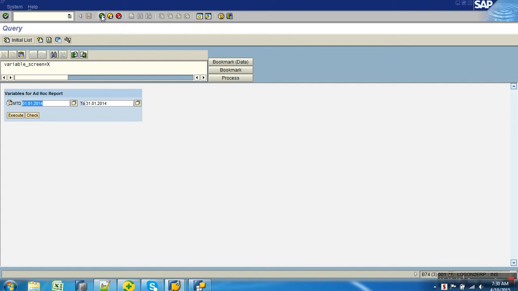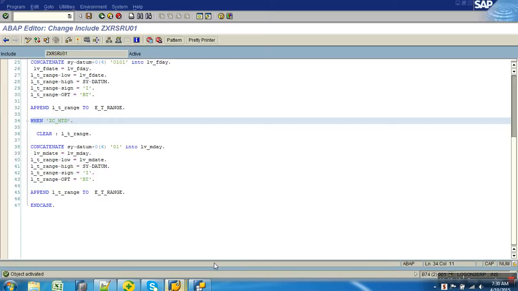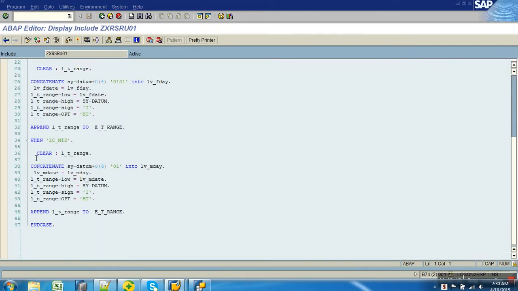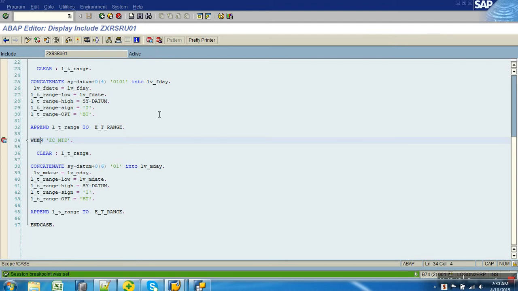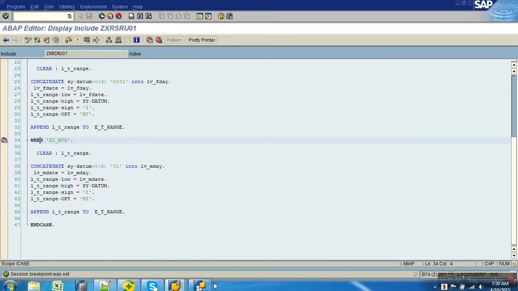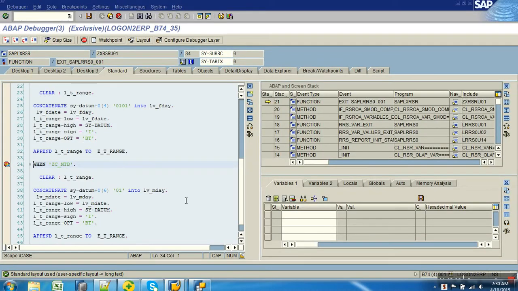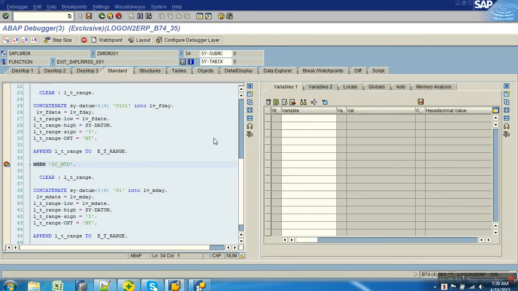But if I want to debug this, how would I do it? Just insert a breakpoint on this. It executes. The first thing I want you to focus on is that by default you will have a parameter called I_VName. What is the name of the variable? It has triggered your code by passing the variable name to the parameter I_VName automatically.